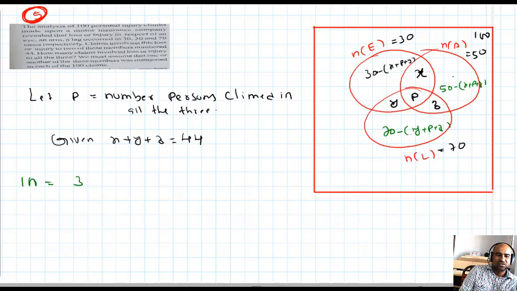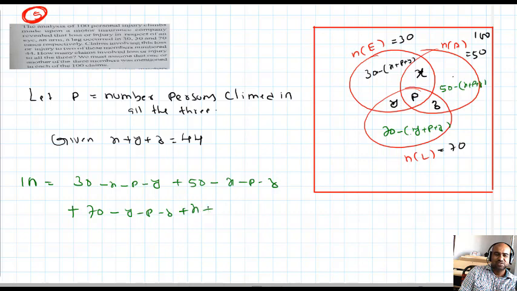First of all, I want 30 minus X minus P minus Y. Next this plus 50 minus X minus P minus Z, plus next this 70 minus Y minus P minus Z, plus X plus Y plus Z, X plus Y plus Z plus P. Now we need to simplify. 100 equal to cancellation, minus X plus X, minus Y plus Y, minus Z plus Z, plus P minus P, equal to 30 plus 70,